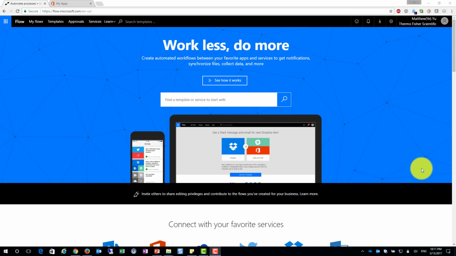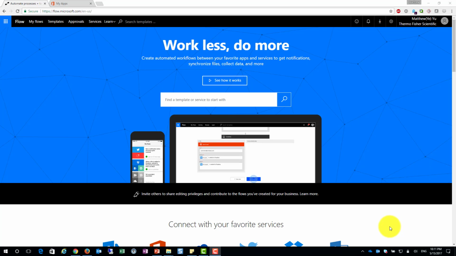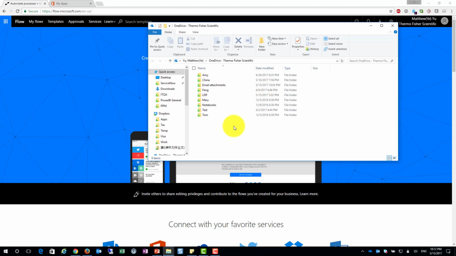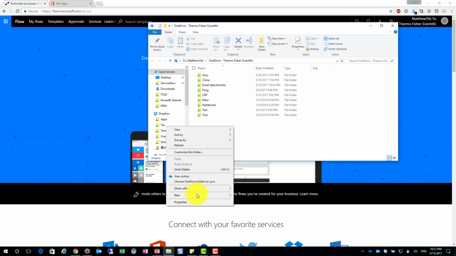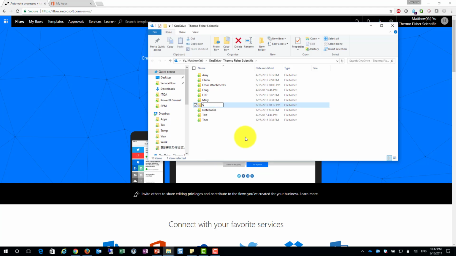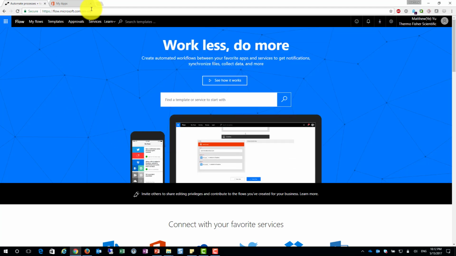In this step, we're going to set up Flow and its trigger conditions. So first, I'm going to go to my OneDrive, and I'm going to create a folder as the destination of my email attachment. So I'm going to create a new folder called ServiceNow report. All right, it is in here. And we want to go to